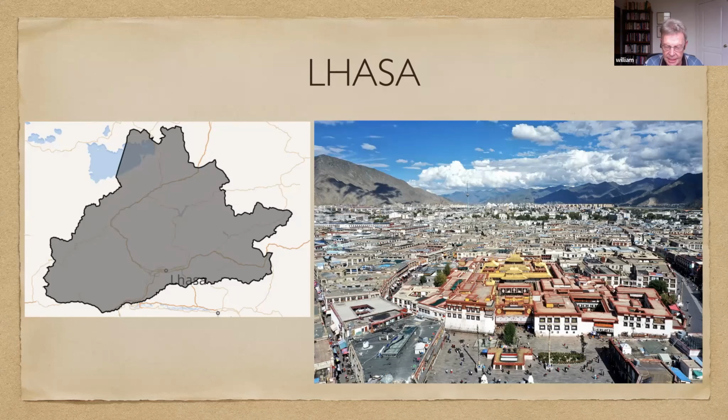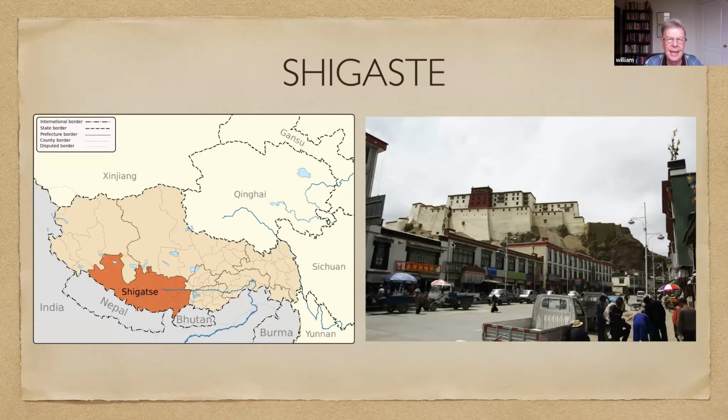There is one other city worth mentioning, and that is the city of Shigatse. You can see where it is located here, near the Himalayas. It's actually the gateway to Everest. So many tourists will come through Shigatse if they're going up to the base camps near Everest on the border of Nepal. It's located 170 miles southwest of Lhasa, and is very well known for this monastery on the right, known as the Tashilhunpo Monastery.